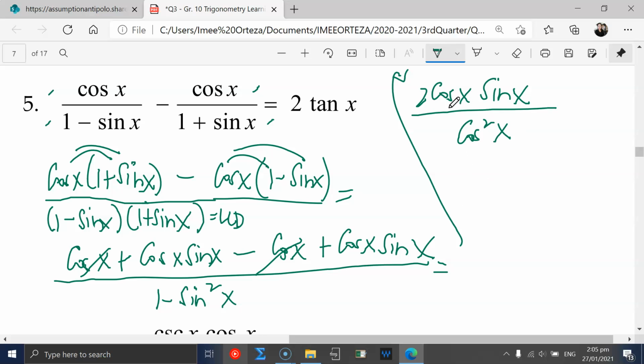Then now we see that this part and this part can be cancelled. And so the numerator will now contain 2 sine x